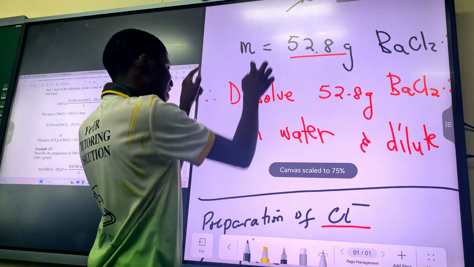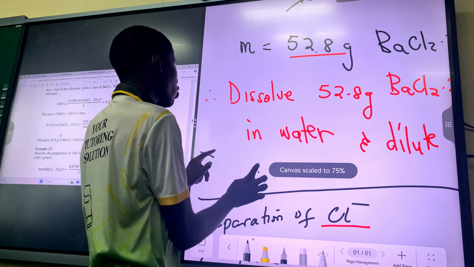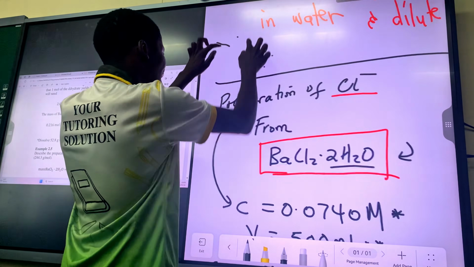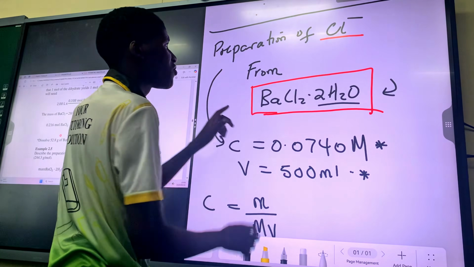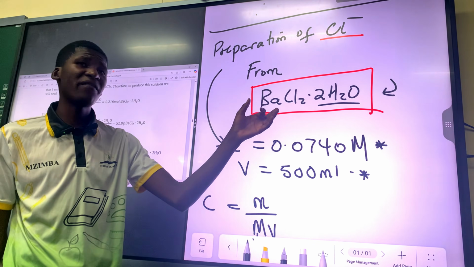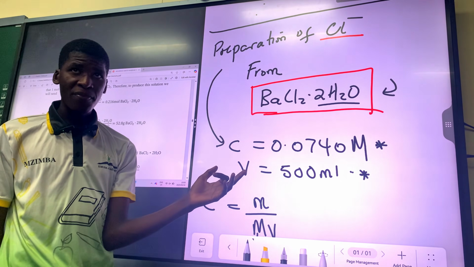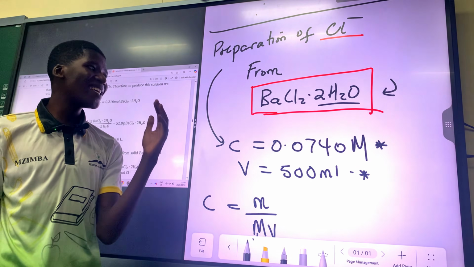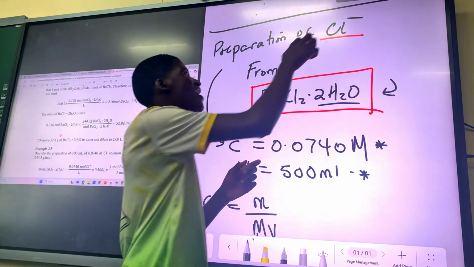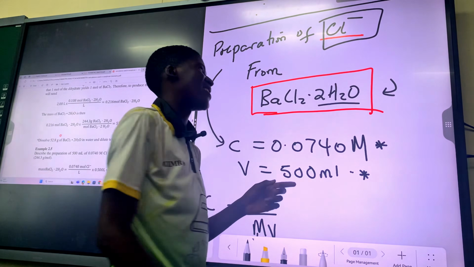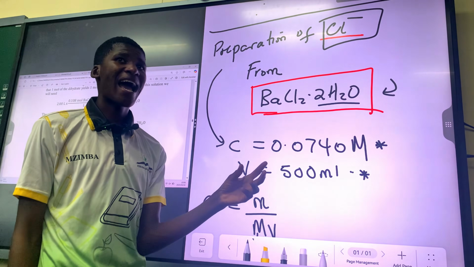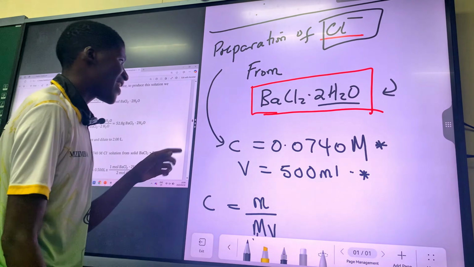But now, in this case, we have got chloride ions. We are trying to prepare chloride ions. So to prepare chloride ions, we have to see how many chloride ions we have in this mass. How many chloride ions do we have in this mass? It's 2. So for each Cl minus we must prepare, that is 1, whereas now we have 2. What are we going to do to the mass? You have to multiply it by half.